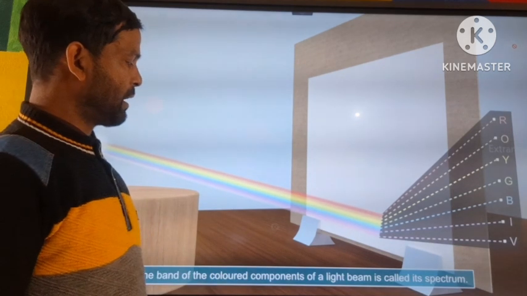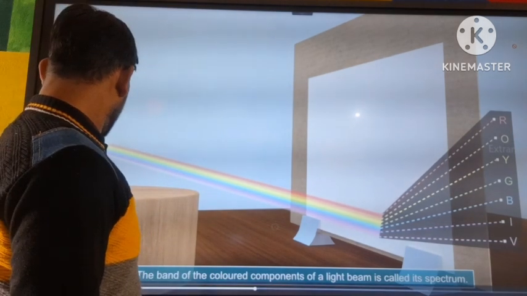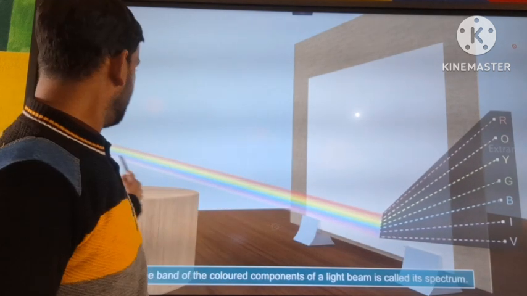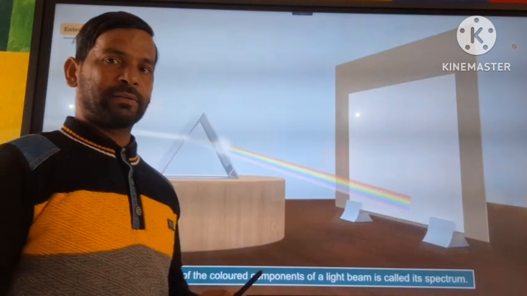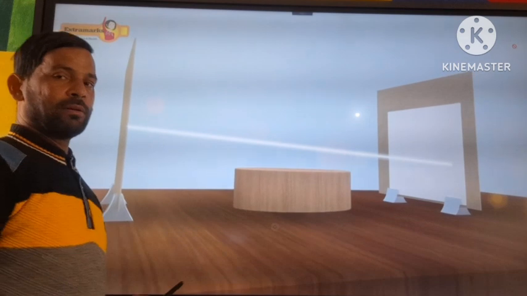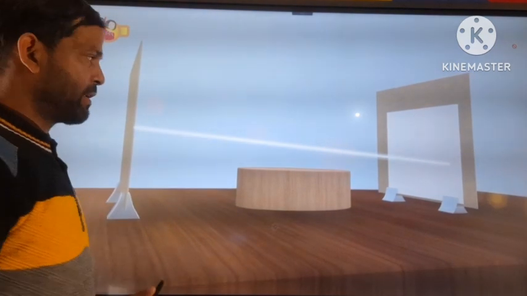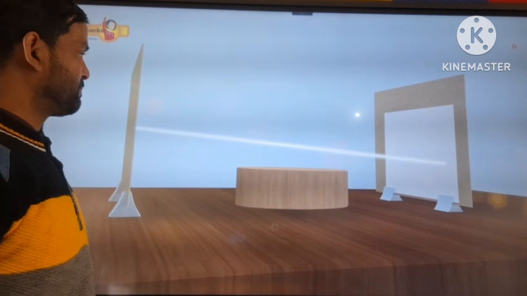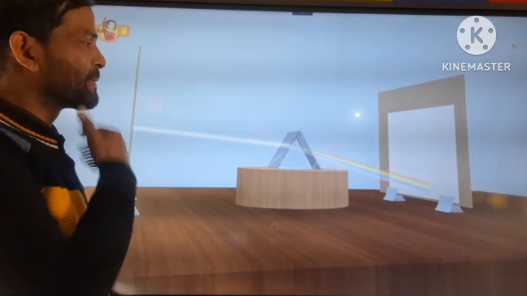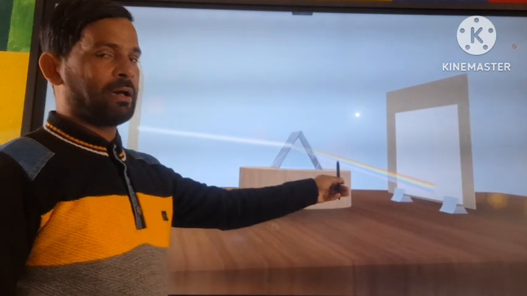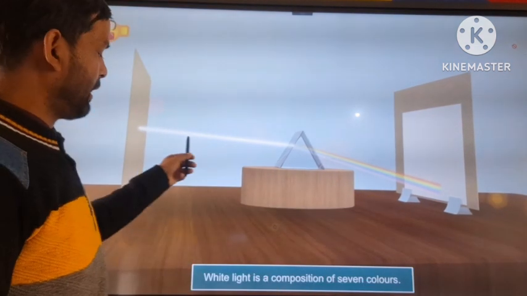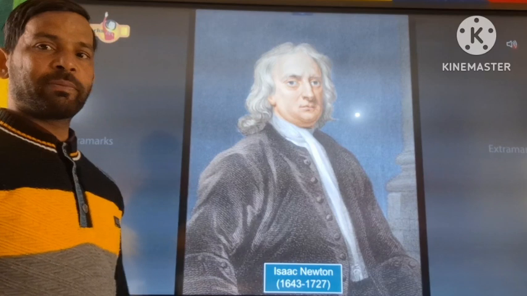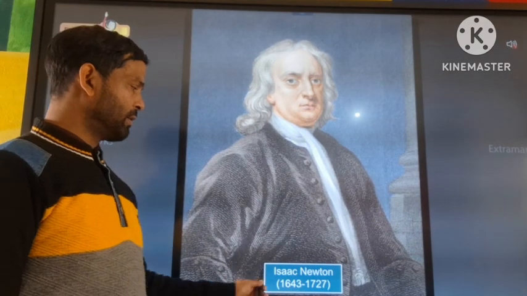Now, here you can observe the spectrum of light falling from a single white light, and it is confirmed that white light contains 7 colors. That is a band of colors embedded in it. देखिए यहाँ पे आपको अच्छी तरीके से दिखाई देगा कि इसमें एक ही कलर से व्हाइट लाइट कंपोजिशन होता है किसका, 7 कलर्स का। इसको सबसे पहले ऑब्जर्व किया किसने, इसॉक न्यूटन ने।